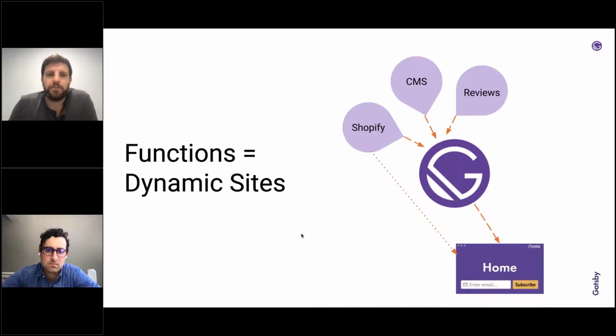But the great thing about functions is you can take some of this data, some of this functionality, and make it dynamic. So the Shopify, where it's getting most of the content, is getting pre-built in the Gatsby build. We can also use functions to then call out, let's say, to a quantity. So as someone checks out, the quantity of that item can then be updated live. Let's say a new item comes up, we can use a function to go grab that new item and post it to the website itself. It's breaking down these barriers, I think, between static and dynamic, which, as you've seen, has been a big point that we're trying to convey over the last 3 months with a lot of our upgrades.